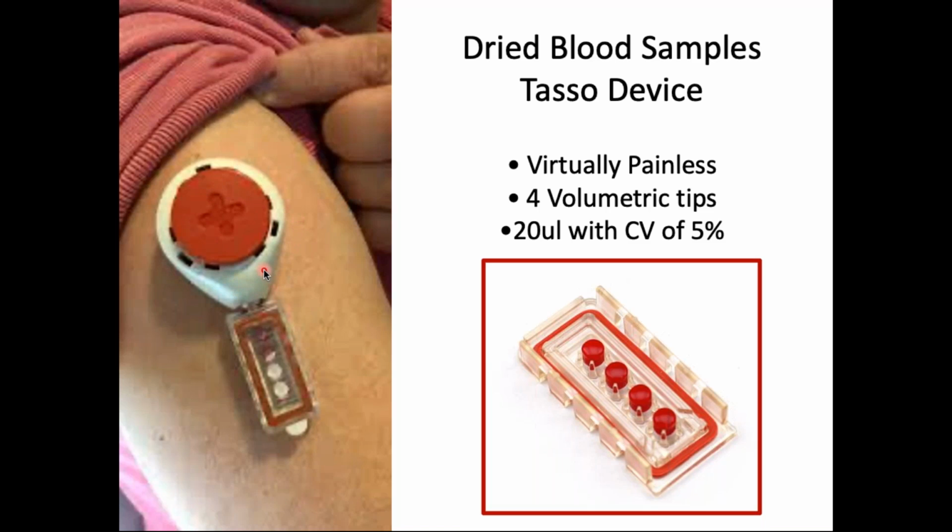this Tasso device. Its advantage is that it is virtually painless. Most people don't feel anything. It attaches to your arm with adhesive. You push this big red button, and then you can see here the blood flows down into these volumetric tips that are designed to hold a very precise aliquot of blood. So this is an open cassette that shows you the 4 tips that have been filled with dried blood. So we're currently working on developing those assays. We have a SARS-CoV-2 antibody test that we've successfully run on this and reported our results back to people in